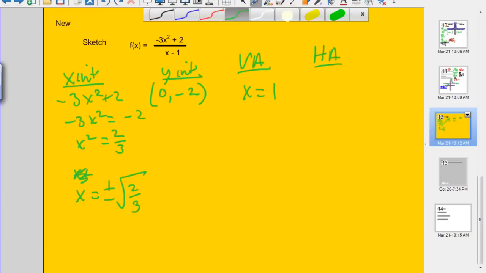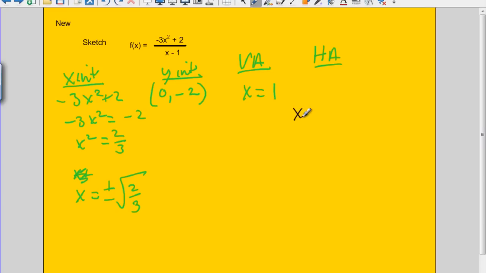And long division is a way of determining where that asymptote is going to be. We know it's going to be what we call an oblique or slant, so it is going to be a linear, and this is how we do it. We take our divisor of x minus 1 and we long divide, and you could use synthetic division here, but long division is probably quicker. We have to use a placeholder,